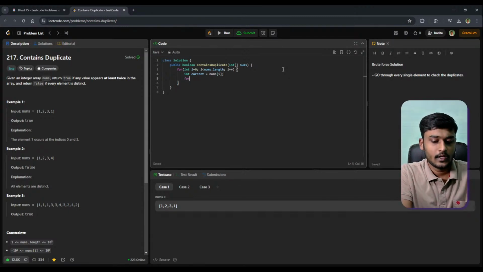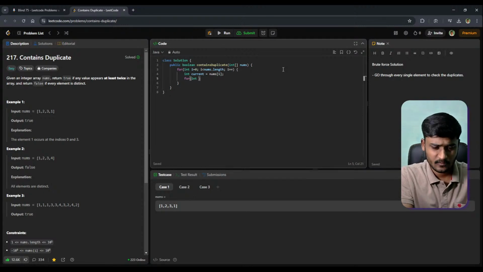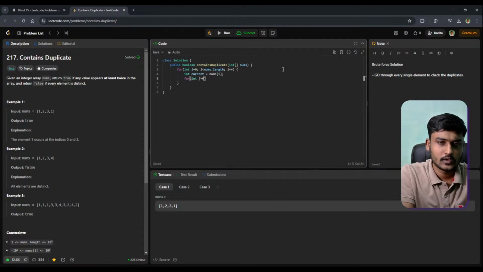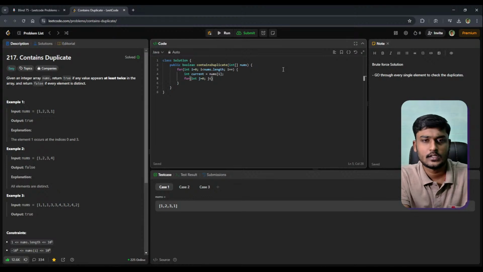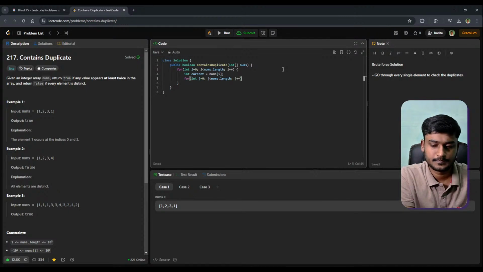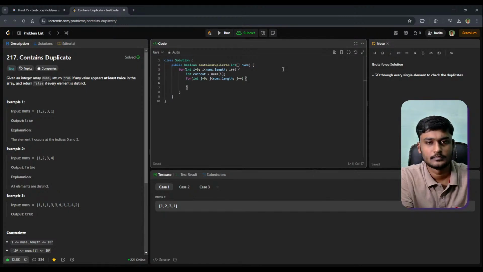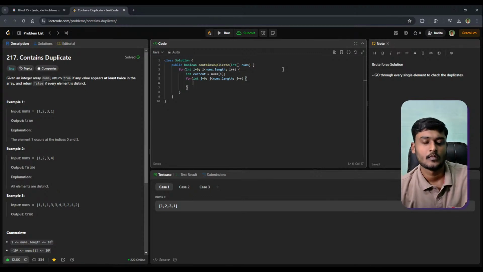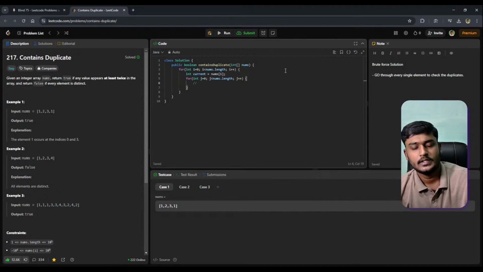Next we'll go through another for loop, int j equal to 0, j less than nums.length, again j++. Now just a thought.